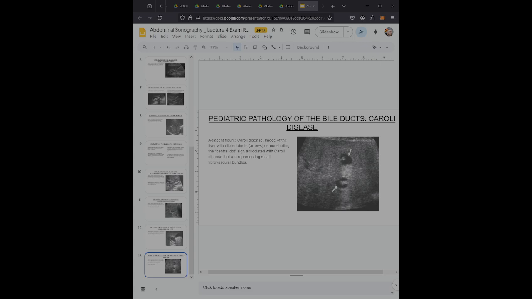Sonographically, we will see segmental dilatation of the intrahepatic ducts. The patient may also have cystic renal disease, and there will be a central dot sign. The central dot sign appears as echogenic dots in the non-dependent portion of the dilated duct. So here we can see dilated ducts, and they demonstrate the central dot sign, often associated with Caroli disease, representing small,